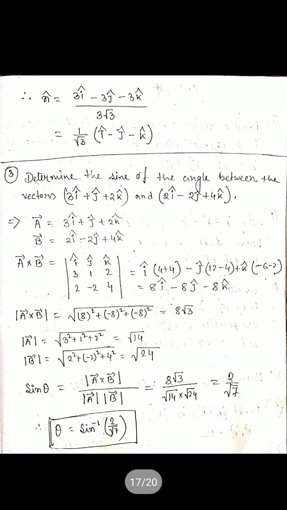In this way, the dot and cross product are mainly based on the determinant. So if you have any problem solving the determinant, please write in the comment box, then I will explain in the next video, then I will start the new topic. I hope it is clear now how we can solve the determinant.